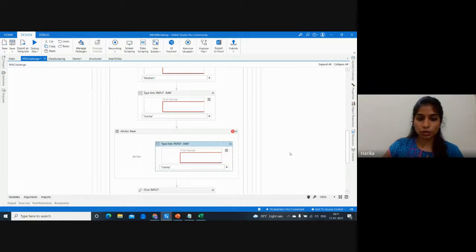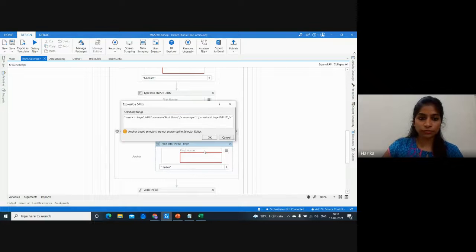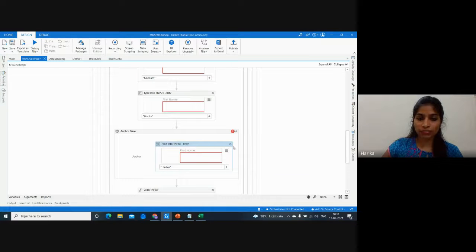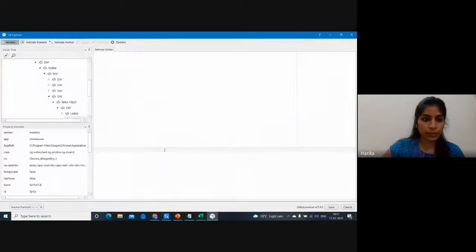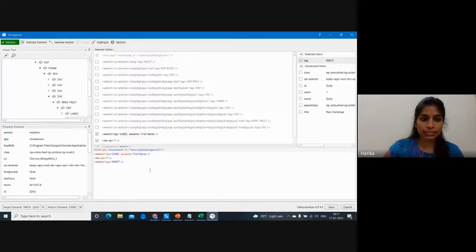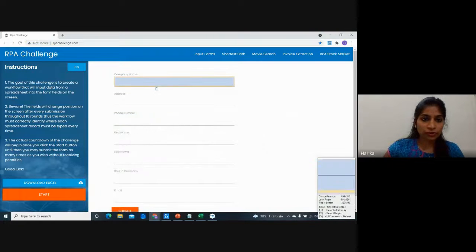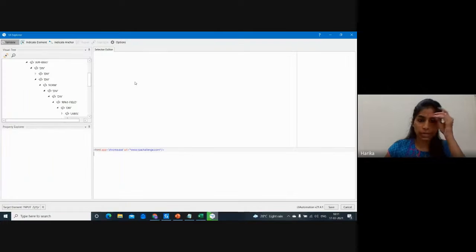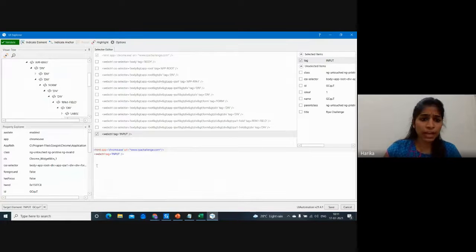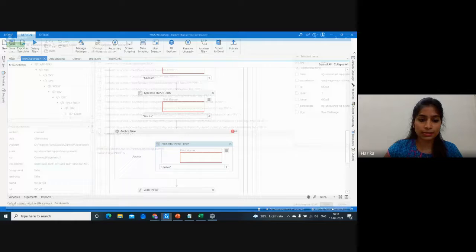Okay, so just pasting over here. But for this, whatever value I'm giving, it doesn't have to be with anchor. So what I'm going to do, I'll just delete this anchor and indicate the element. We have given address, first name, last name, role, right? So let's take company name. I'm going to take company name and it's of type input. And then I just say save.